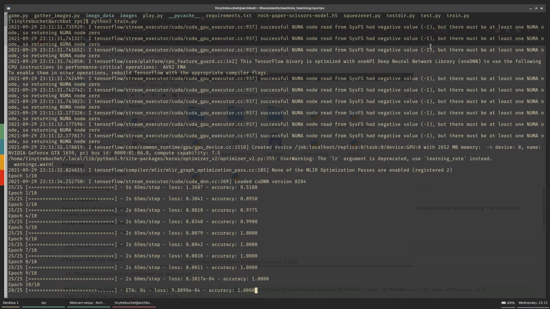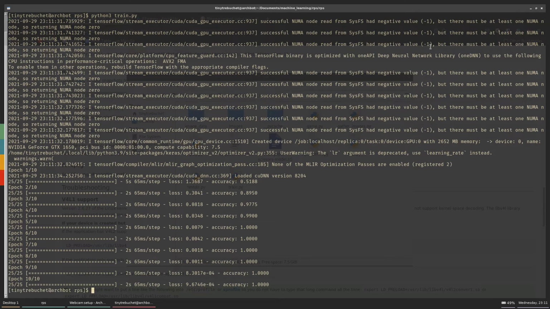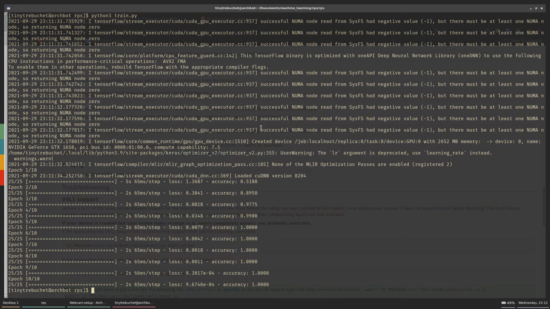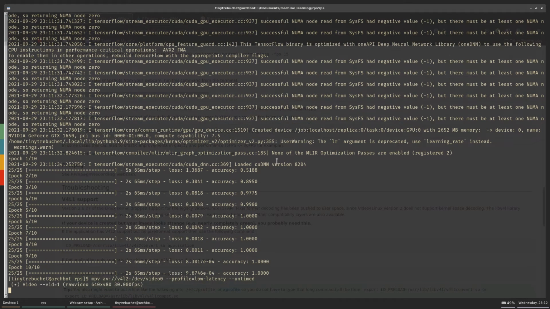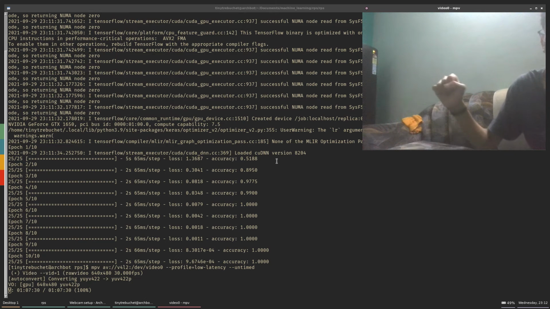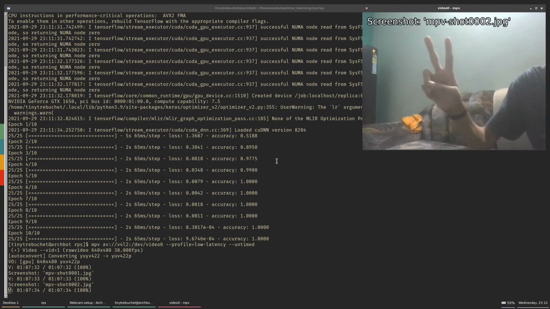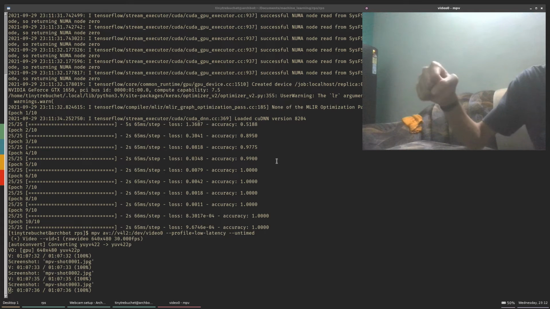As you can see, the machine learning is done, and we got a pretty good accuracy. Now we can test our model. So first of all, we need to capture some images to test. Since I'm running on Linux, I'll use MPV to capture them. So I just capture a rock, a paper, and a scissors. I'll do it again from a different angle.